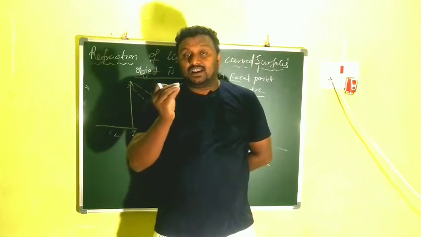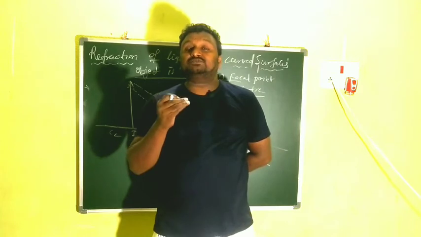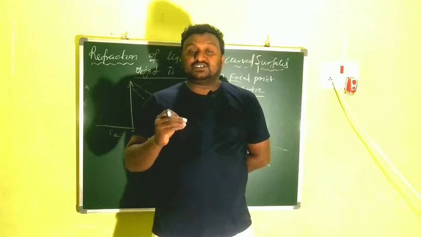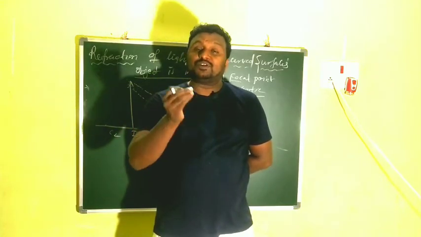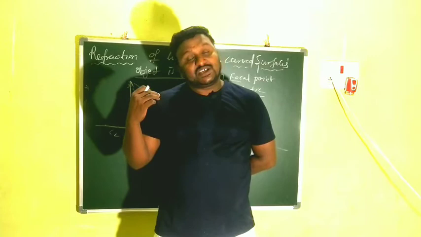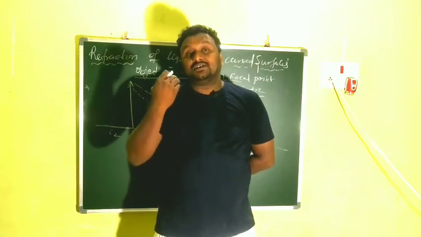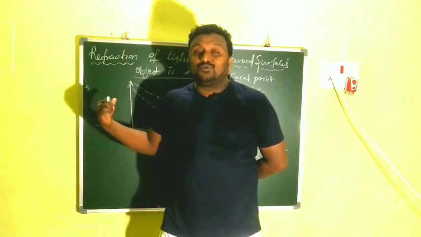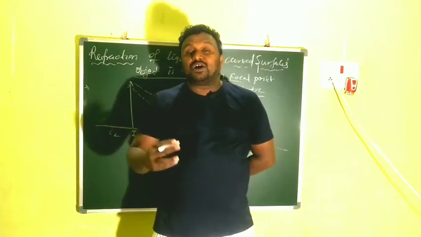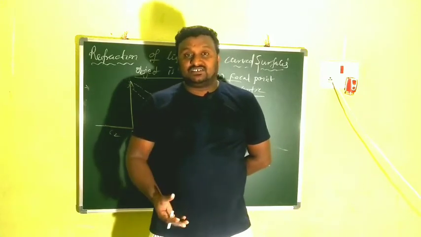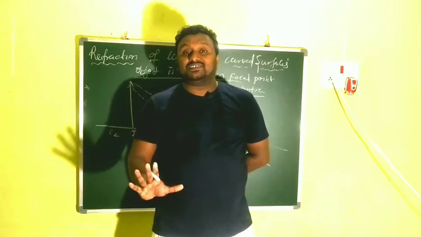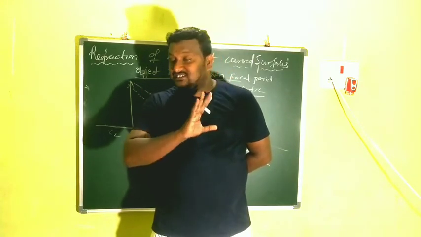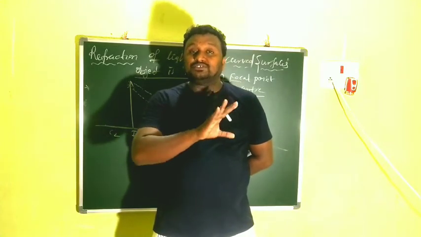Clear children? I already told you, if you are getting any image by the extension of the refracted rays or reflected rays. In case of mirrors, I explained in terms of reflected rays, the reflection process. Now it is refraction, so in this case the refracted rays are extended back. Due to that only we are getting one image. The images which are formed due to the extension of the rays should be called visual images. I already told you, visual images are not able to be captured on a screen.